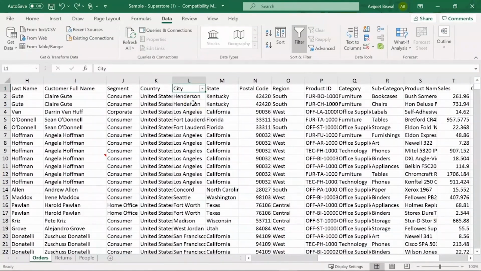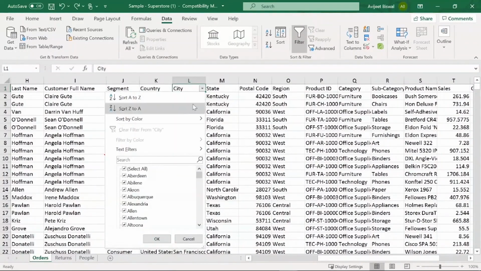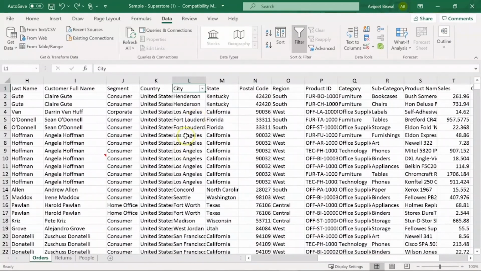And now if you want to activate a filter, the shortcut key that I'll use is Alt down arrow. So if I hit Alt down arrow, you can see my activate filter box has appeared. I'll choose cancel. If I click on a particular cell in this city column and hit Alt down arrow again, you can see the list of cities here.